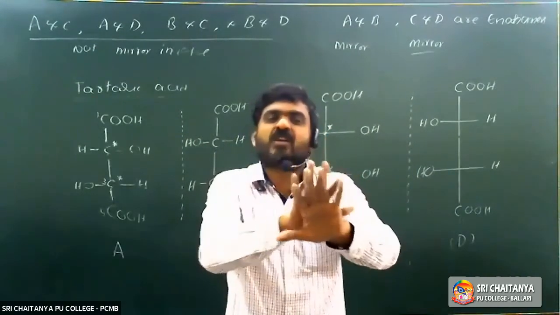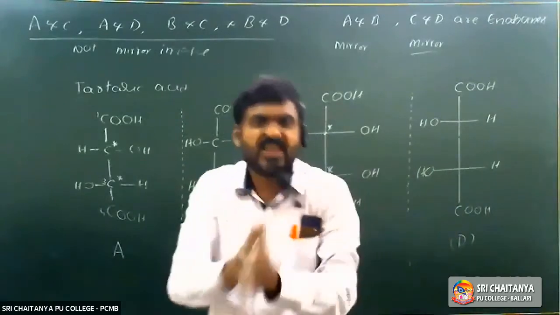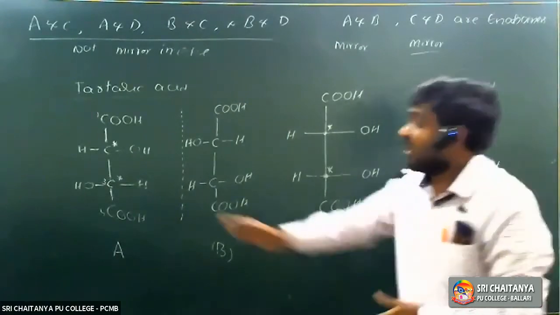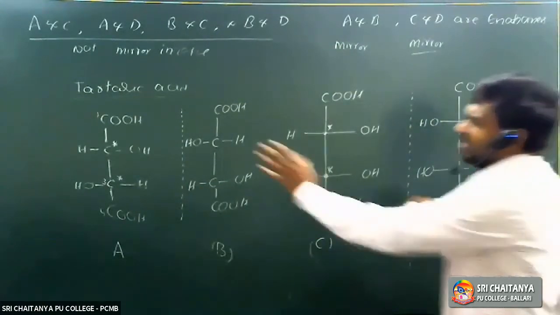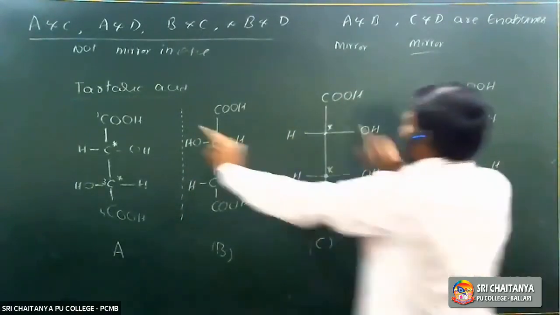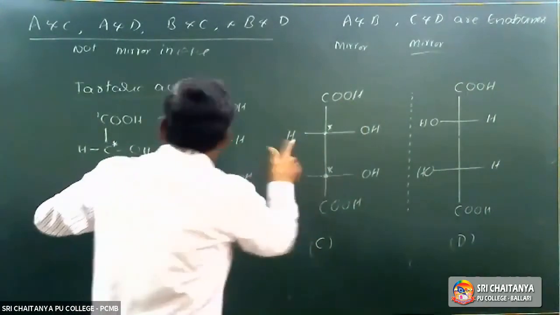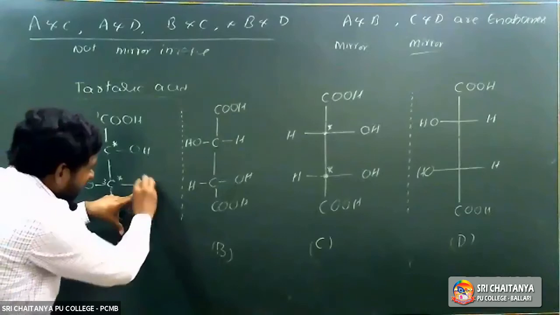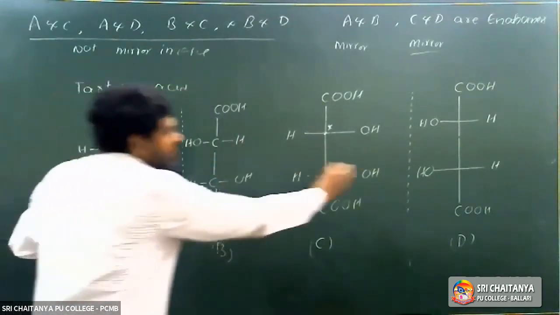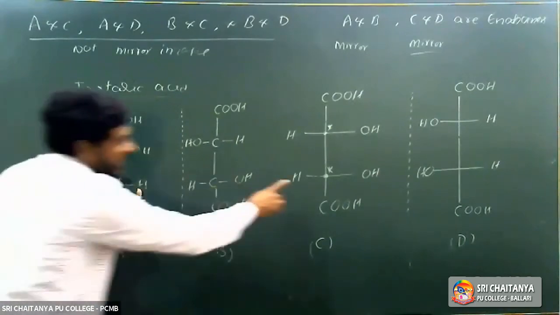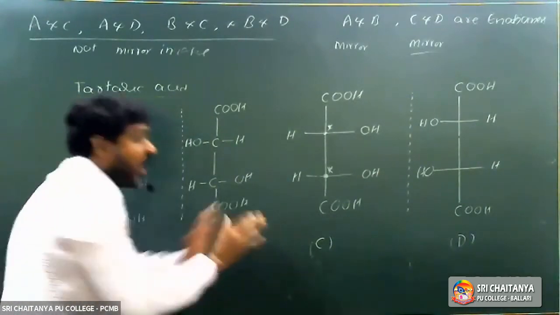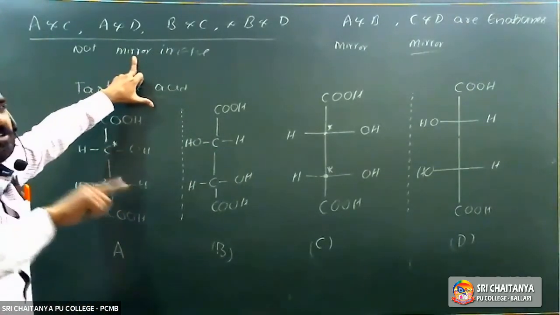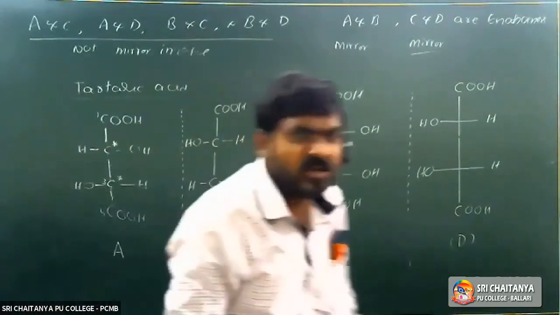Non-superimposable mirror images are called enantiomers. Because they are mirror images, they are non-superimposable. But A and C are not mirror images, yet they are also not superimposable. A is not superimposable on C: COOH is coincident, OH and H are coincident on the second carbon, but on the third carbon, on the right hand side it has H where the other has OH, so this H is not coincident with OH. So A and C are non-superimposable, but they are not mirror images. Hence they are called diastereomers.